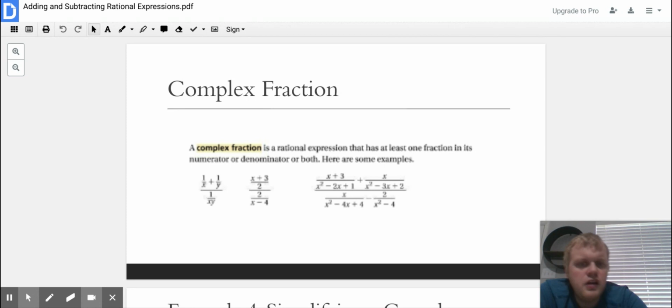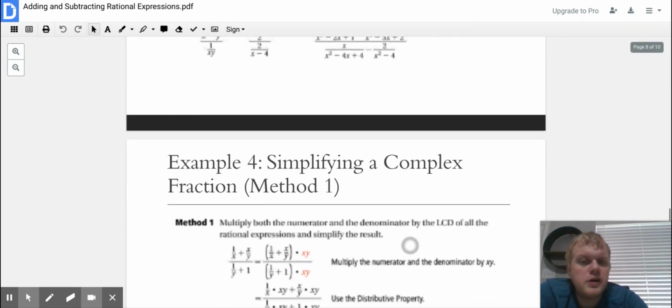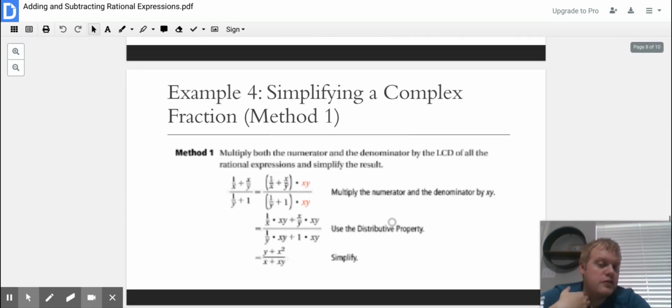That's all. Okay, so how we're going to simplify a complex fraction here. I'll give you two methods to pick which one looks easier for you. But again, both these methods should give you the same answer. So method 1 here: multiply both the numerator and the denominator by the least common denominator, which is what we just learned, of all the rational expressions and simplify the results. So here is our